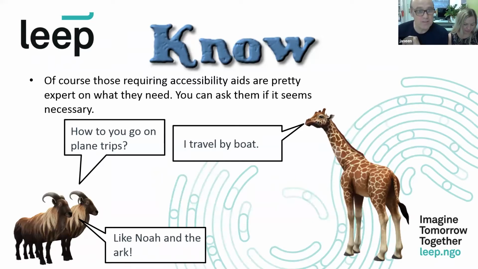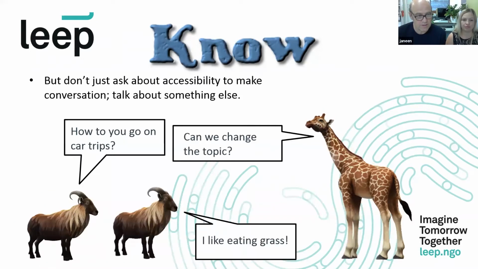Now, the person with the disability will have a pretty good lived experience of what they need to meet their needs. So you can ask away. Note of caution with that, if you are asking people how they can get their needs met, only do it when it's necessary. There's a need and you want to find out if they've got any ideas on how to meet it. Don't just chit-chat for the sake of it,